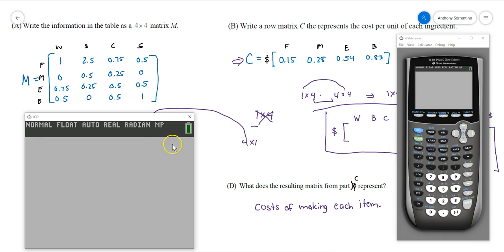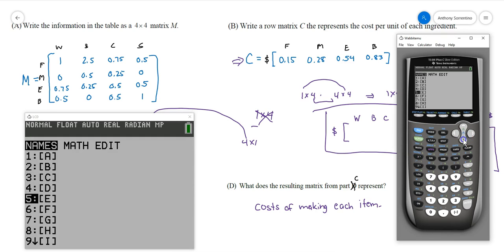So I'm going to let A, because I could do matrix C, but if I come here and hit second, matrix, under names, these are all the names I could give my matrices. It only lets you go down to J. So you really only have 10 matrix names you could give it. Okay, so I can't find a letter M. So I'm going to let matrix M